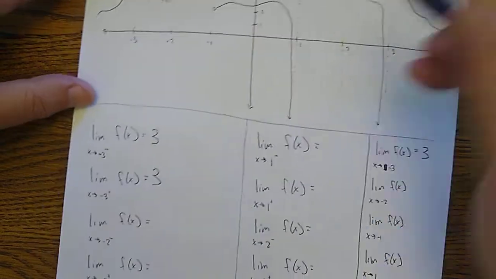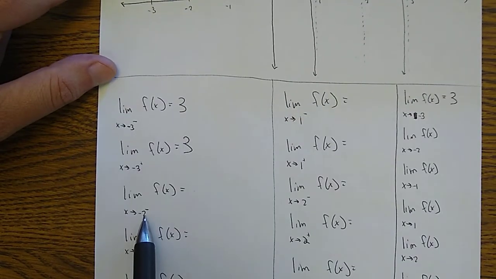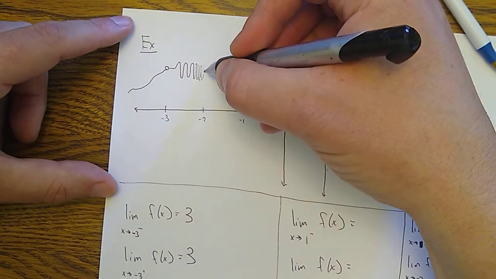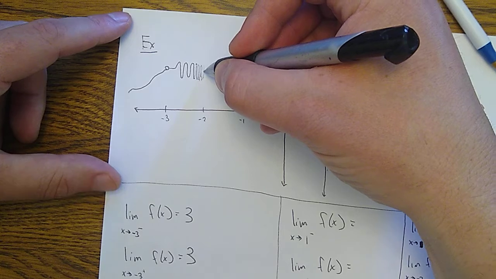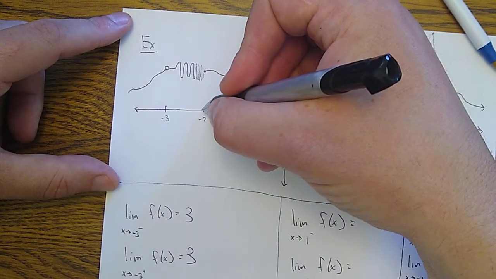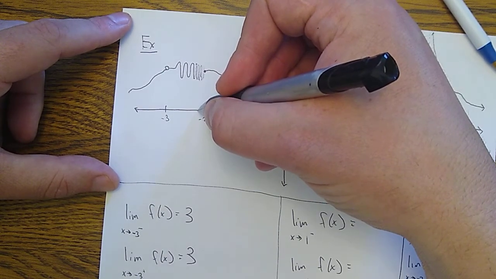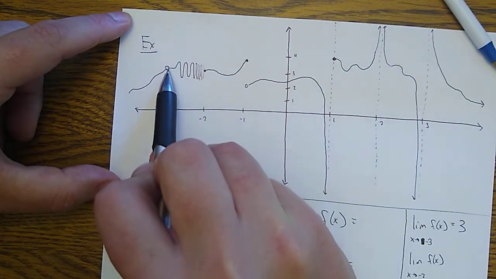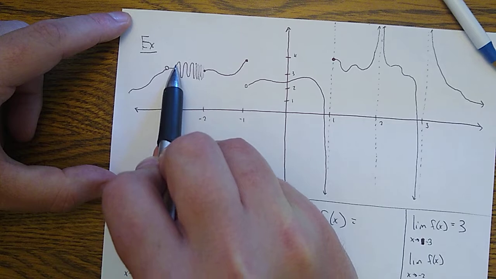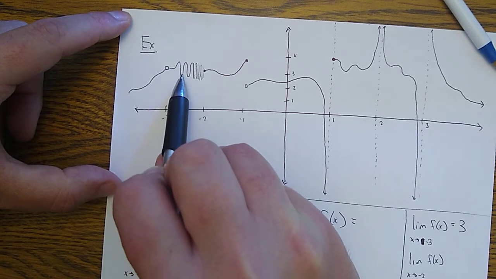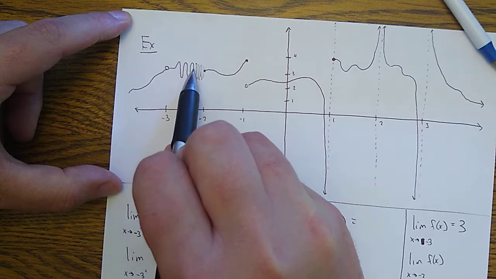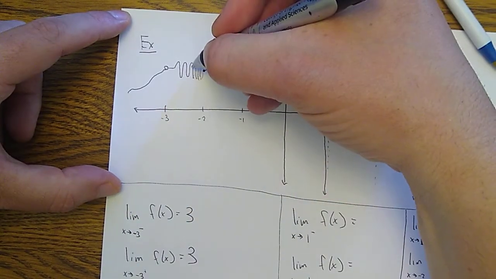Okay, so let's move on. What about -2? First we're going to do -2 from the left. So here we see something that we haven't seen before. Here's -2, and I'm looking at values that are slightly to the left. If I start my pen here and trace the graph, again, I'm not a perfect artist, and this isn't something that a human being can really draw, but we see it's